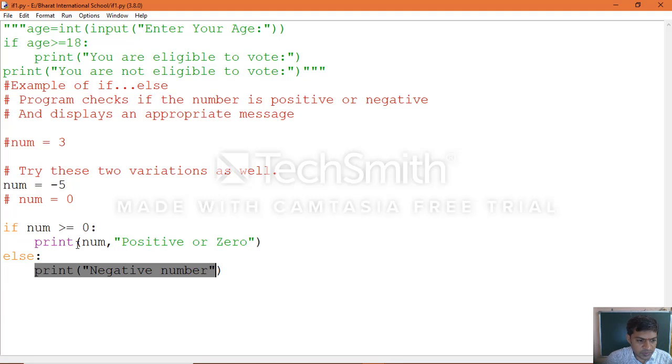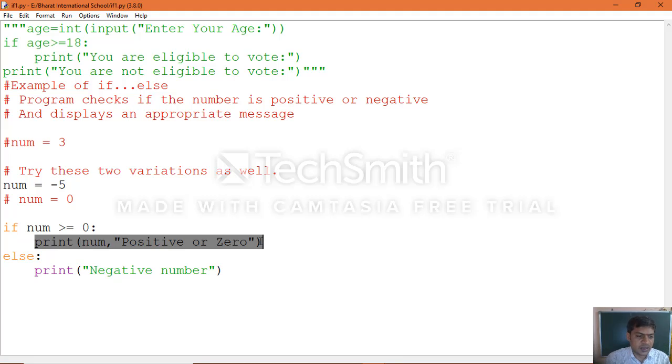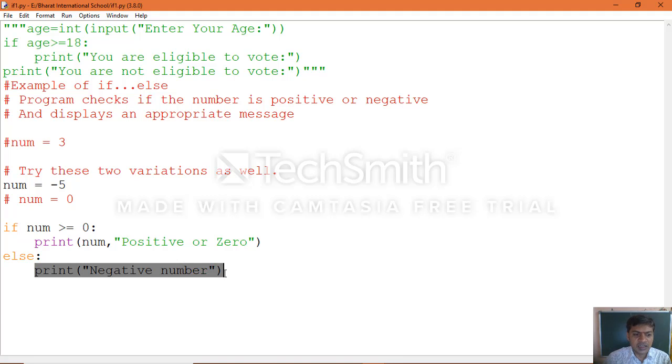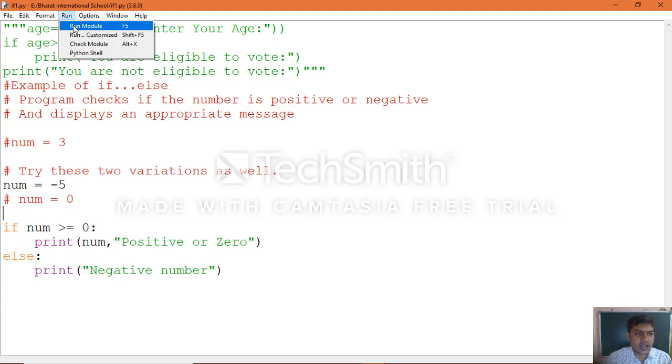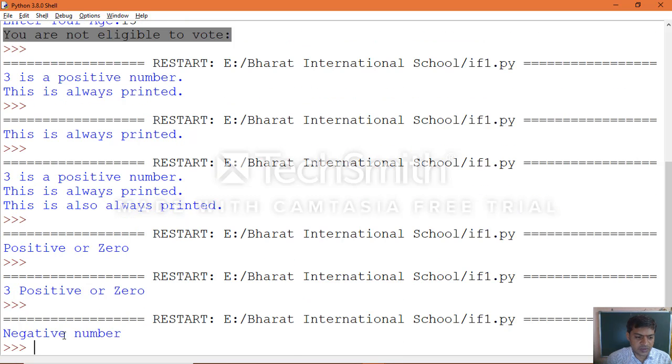Okay, so far when the if condition becomes true, this statement will execute, positive or 0, whatever print statement we have specified. If this condition becomes false, then the else block, whatever we write, that statement will be executed as output. Now this time see, num equal to -5, so -5 greater than or equal to 0 becomes false, so it should come to the else part, and we should get negative number. Let's see if we get it or not. Execute, go to run module. Yes, we got the output negative number.